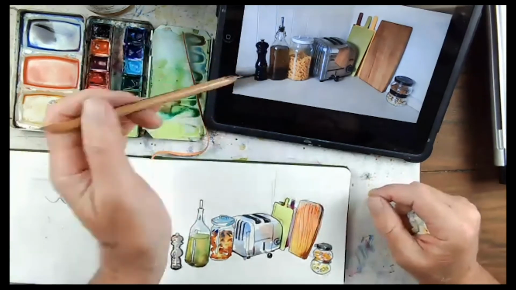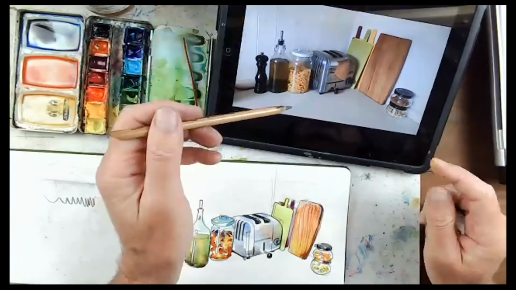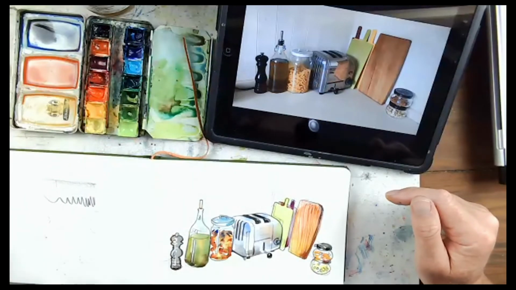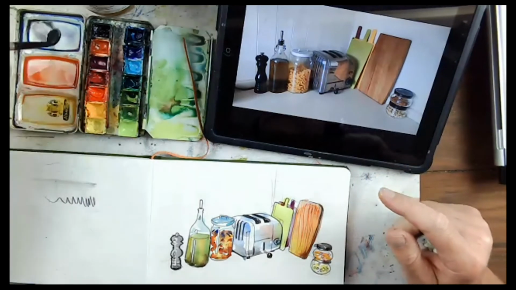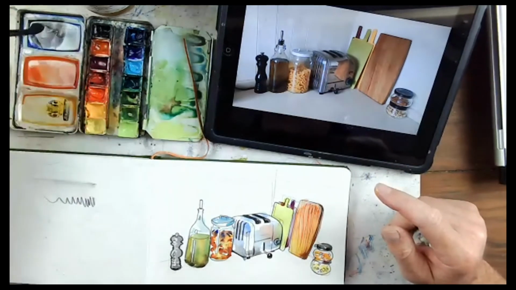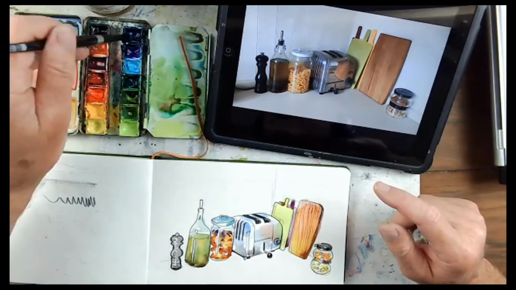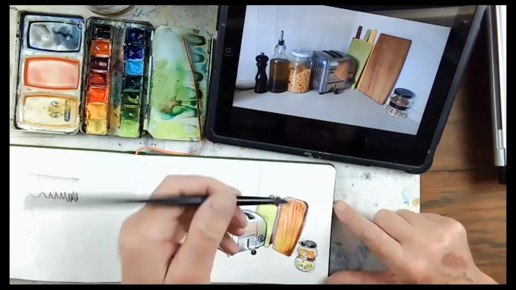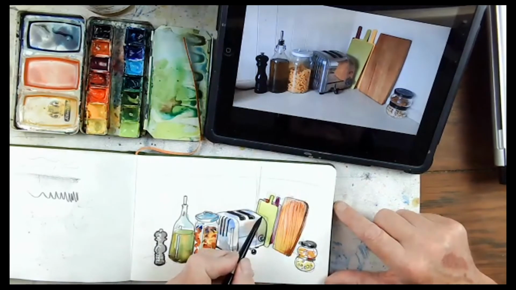Now, the light falling on this scenario is coming from over here. And what I haven't done here is put in any shadow. So I'm going to do that now. And hopefully it's going to start to give this thing form. So if I just get in a nice neutral gray, maybe chuck a bit of blue in there just to make it interesting. I'm going to now start to create the illusion of depth by painting in the light that's striking everything and